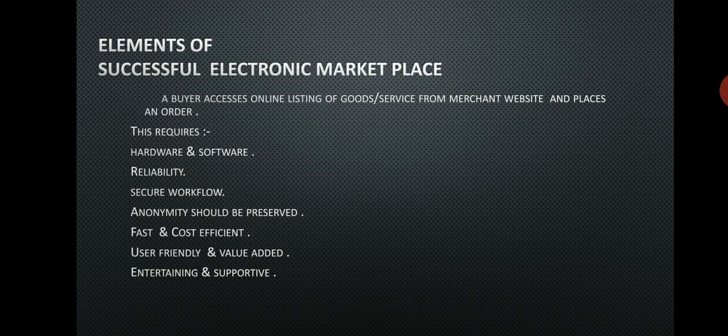This is a course about electronic commerce, and it is mainly intended for MCA students. In this particular lesson, I will discuss a repeatedly asked university question, which is elements of a successful electronic marketplace. Before starting, I hope that you have the background knowledge about e-commerce where a user